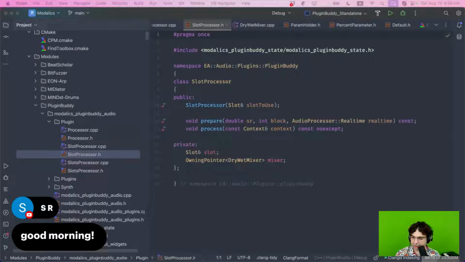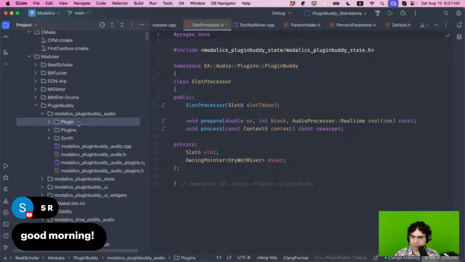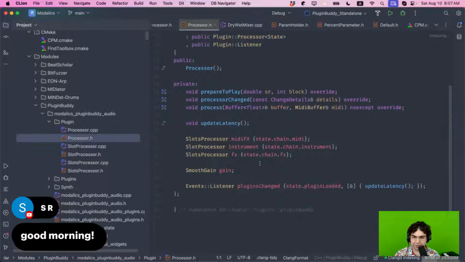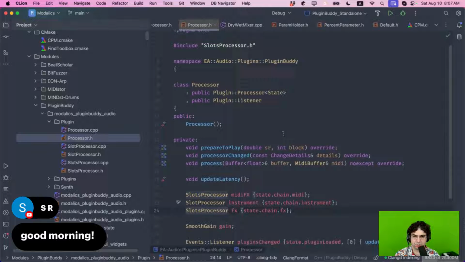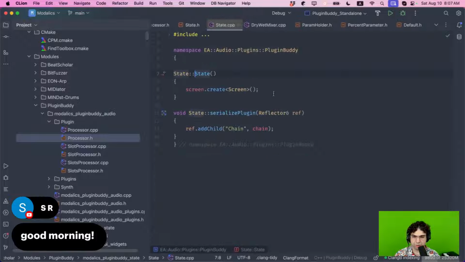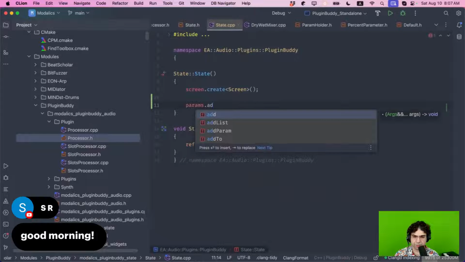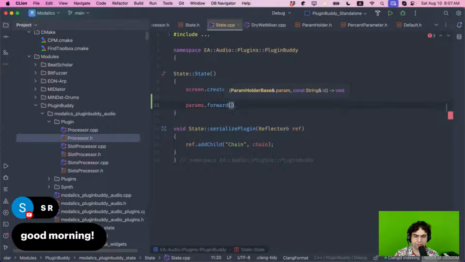I wanted to see if I can make this show up as percentages. So what I need to do is look up in my plugin. The plugin is here. And I should just be able to collect here in the state. I should be able to do something like params forward, right? Can I forward this or should I just add this? Because this isn't added anywhere. I think I should just be able to add